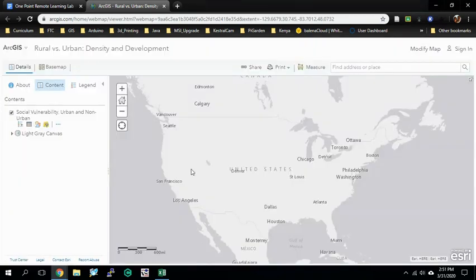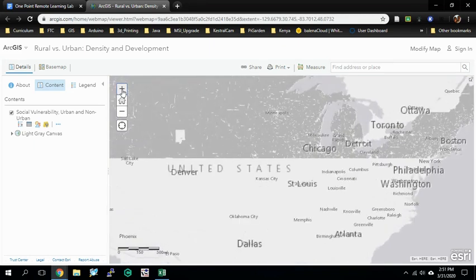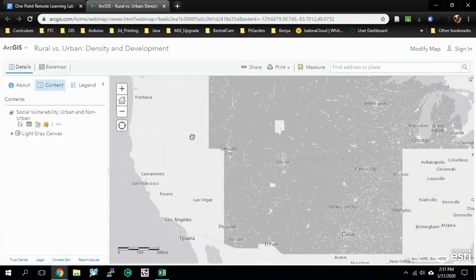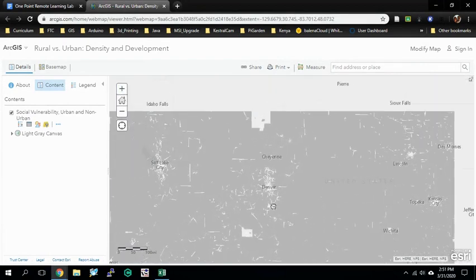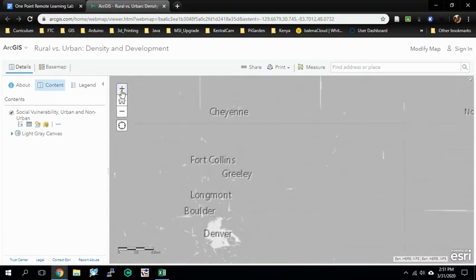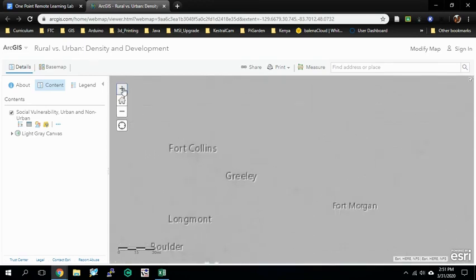If we apply a filter, now what we get is just the gray, and you'll notice there's no red being drawn anywhere. And this will take a while. There are a lot of census tracts in the United States, 80,000 of them, and you don't have to wait for them to completely draw. But if we zoom in and try to zoom in on our area, there's not going to be really any distinguishing characteristics of these features, but if we remember where we are and we know what our streets look like,